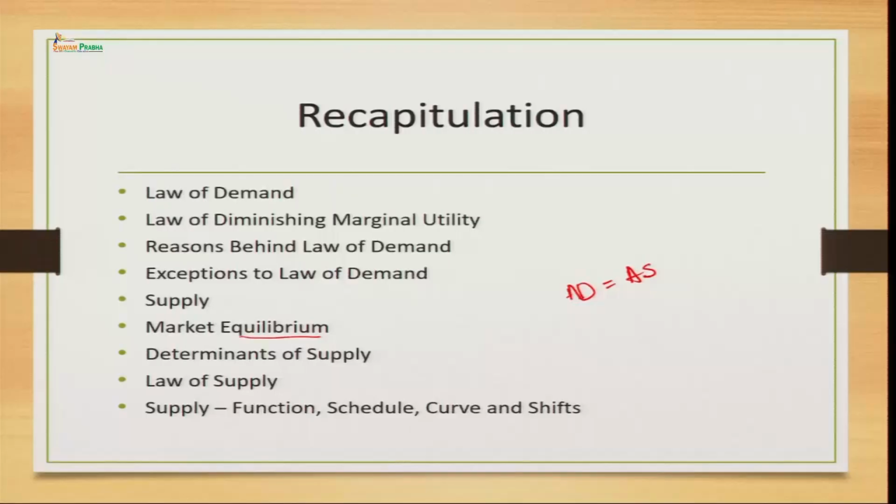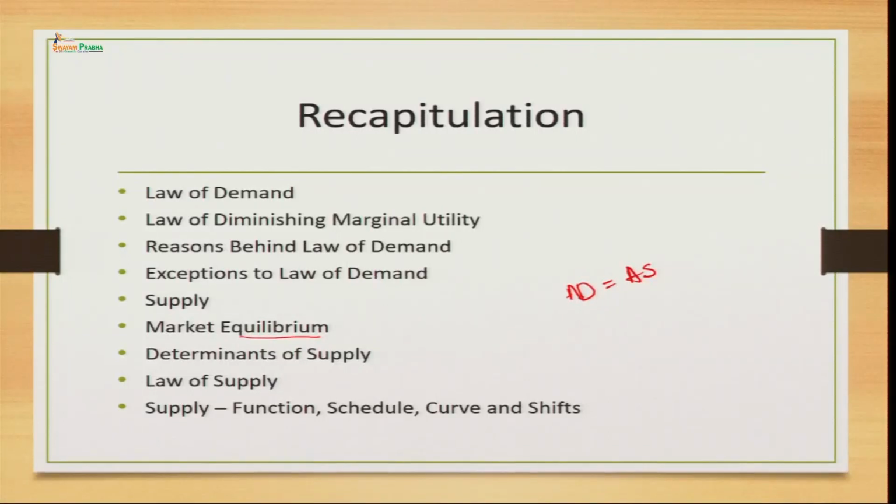Thereafter, we have talked about the law of supply. Again, in the case of law of supply, we assume other factors to be constant, the other determinants which can affect the supply. We here understand the effect of price on the supply, and we see that whenever the price of any commodity increases, the supply for that commodity also increases.